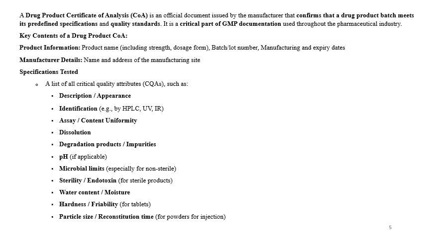Now come to the COA, or certificate of analysis. So it is an official document. COA is issued by the manufacturer, which confirms that the drug product batch meets the predefined specification and the quality criteria. It is a very important and critical part of the GMP system, GMP documentation, and it is used throughout the